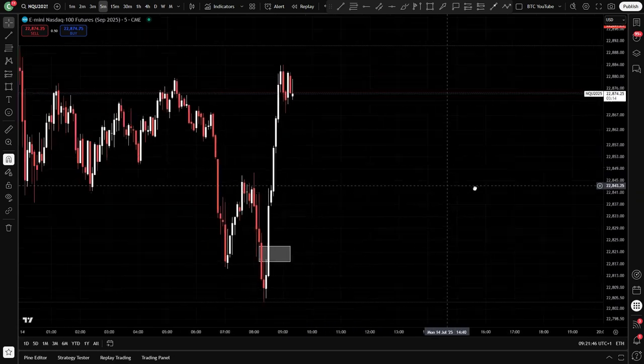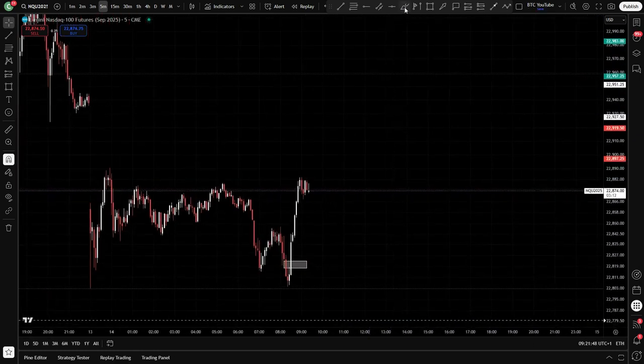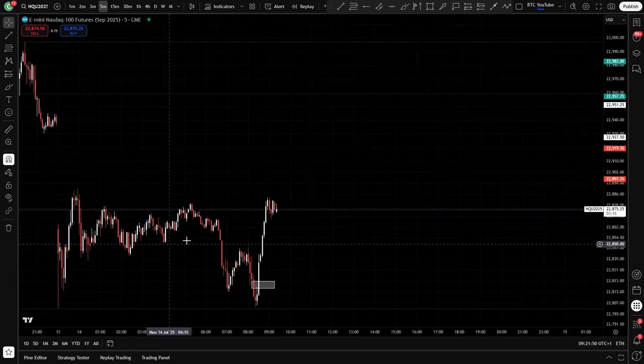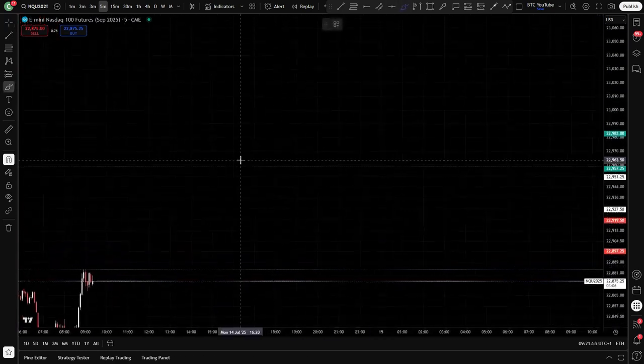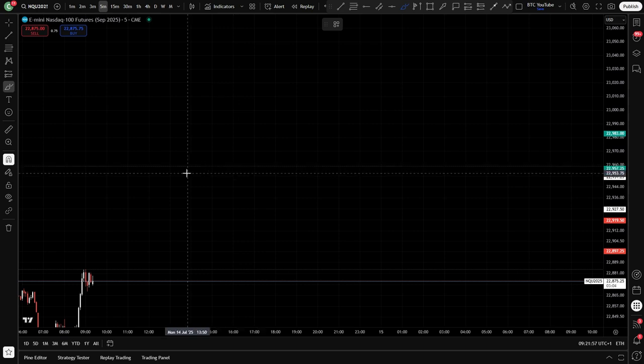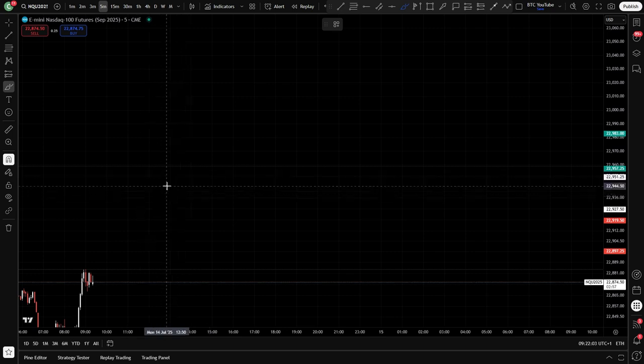So basically I'm just going to show you what the strategy is. Say, for example, we've actually got a really good example of it here. I'd say a reasonably good example, but basically what I'm looking for is these V-shaped recoveries or V-shaped reversals. Some people call them void reversals as well. There's a lot of different ways of saying the same thing, but basically the way that I trade is